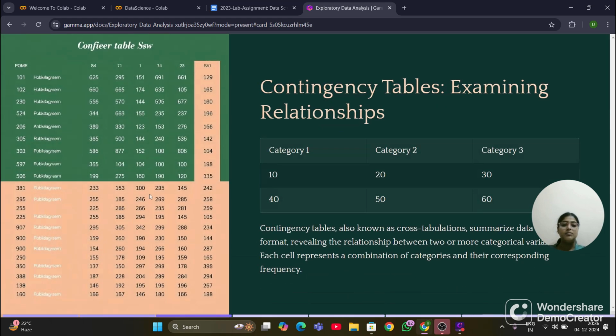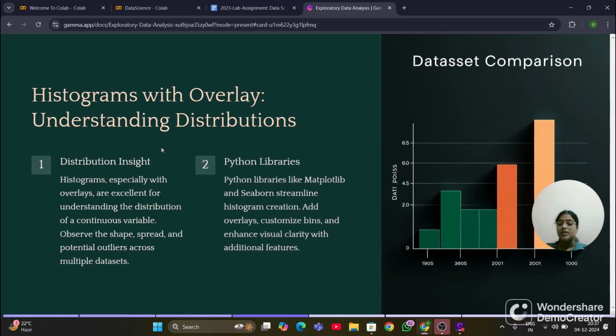And then contingency tables examine relationships between category 1, category 2 and category 3. Contingency tables, also known as cross-tabulation, summarize data in a grid format, revealing the relationship between two or more categorical variables, and each cell represents a combination of categories and their corresponding frequency. As you see in the interface like that, and then histogram with overlay, understanding distribution. Histograms, especially with overlays,